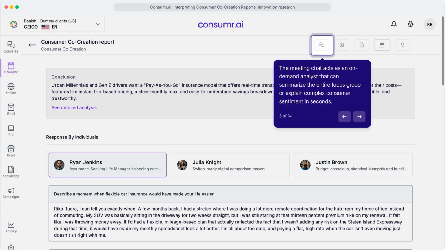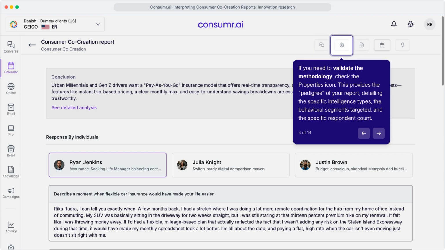Need a quick understanding of the discussion? The meeting chat functions like an AI research assistant, instantly summarizing conversations, surfacing key themes, and helping interpret nuanced consumer sentiment in real time. For teams focused on research transparency, the Properties panel provides a complete overview of how the